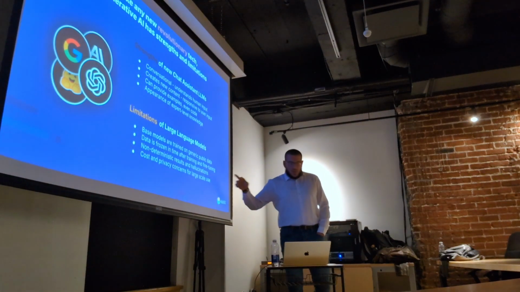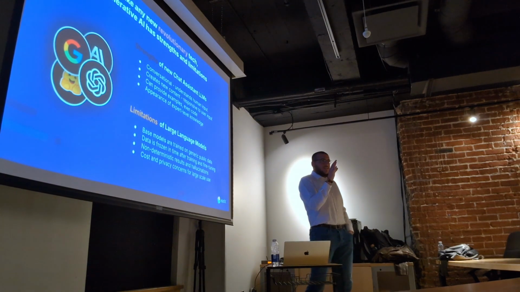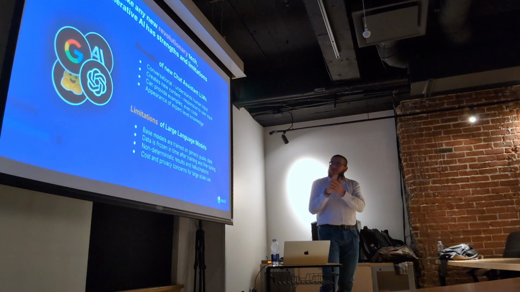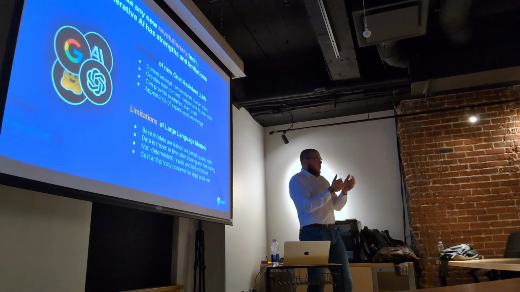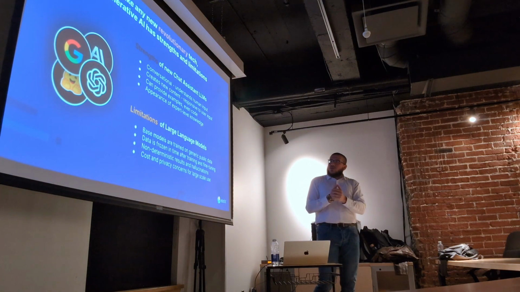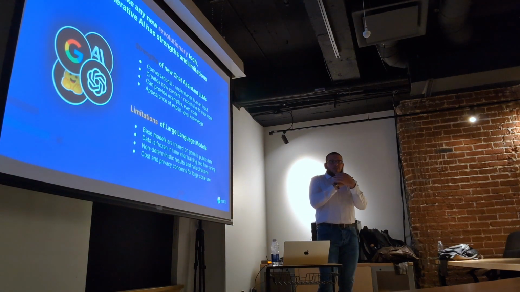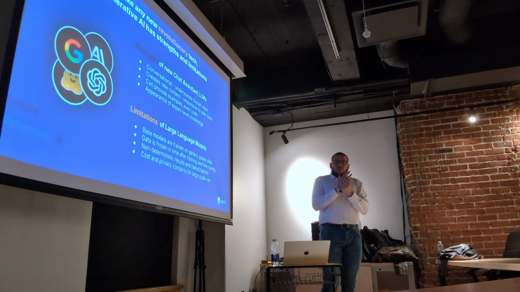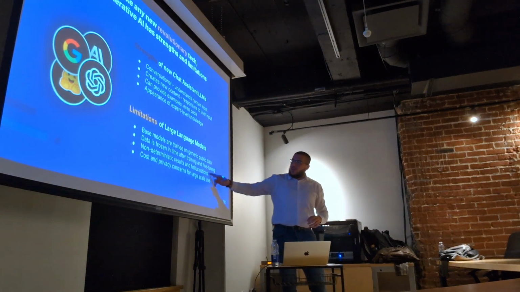What do I mean by hallucination? Sometimes you ask a question, it gives you an answer, but the answer doesn't make any sense for the question. Like, we are all familiar with Logstash. If you ask the LLM to generate, I don't know, a pipeline, it will generate a pipeline that's not really right for the input, or for the thing that you asked it to do. So this is also one of the limitations.